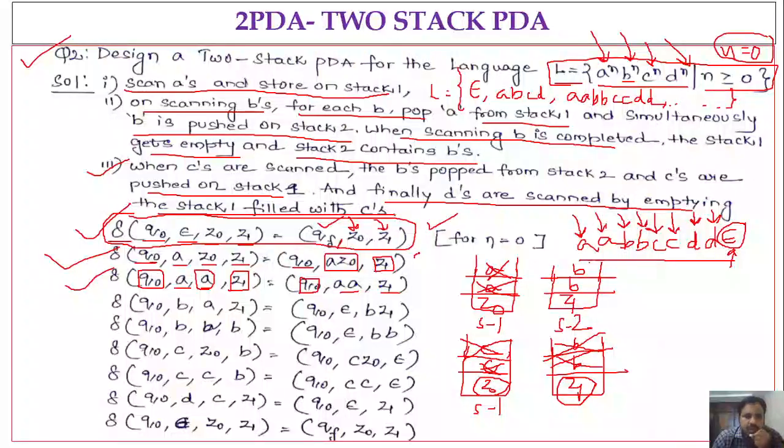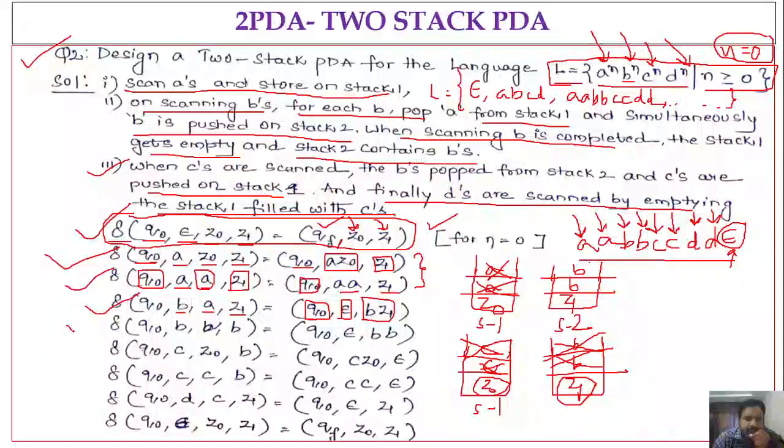So these two are representing the transition functions whenever we get input A in state Q0. Okay. And next one, if we are in state Q0, if the input is B, top of the stack 1 is A and top of the stack 2 is Z1, then what we are doing, we are popping the stack 1 and pushing Z1 into the stack 2. So we will be in same state Q0, comma epsilon, that means we are popping stack 1, and we are pushing B onto the stack 2, that's why we are writing BZ1.